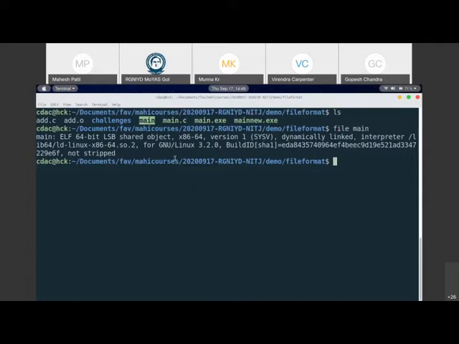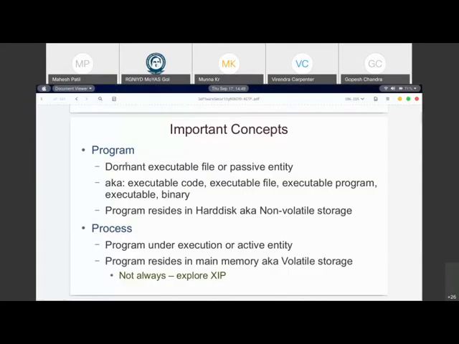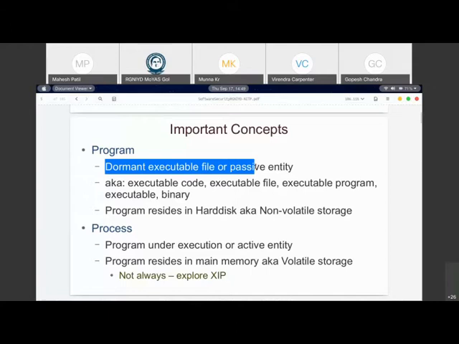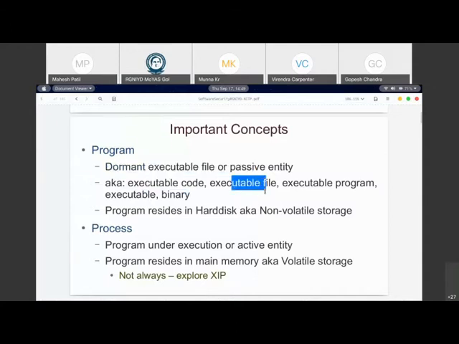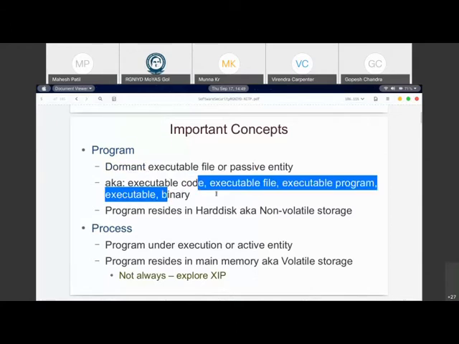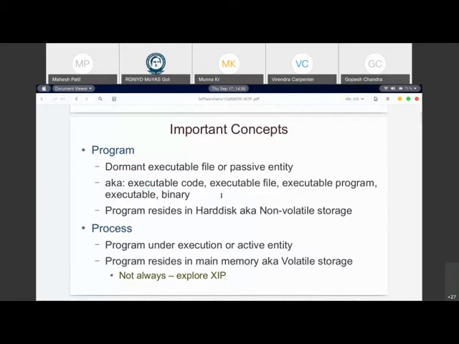This is on my hard disk and it is inside this particular folder. So this is a program. We call this a program because it is a dormant executable file. It is passive. The OS does not know about it as of now. And these programs are sometimes also called executable code, executable file, or even a binary or an executable program. And as I told you, it resides on a hard disk.